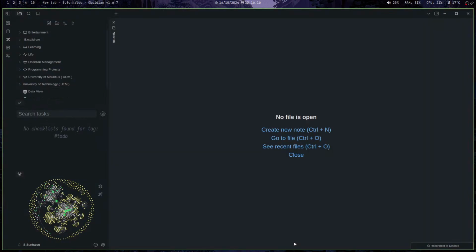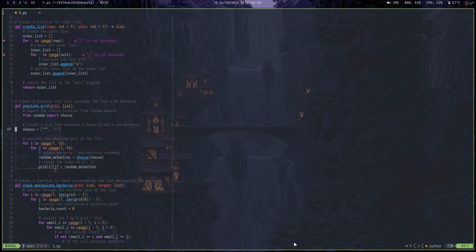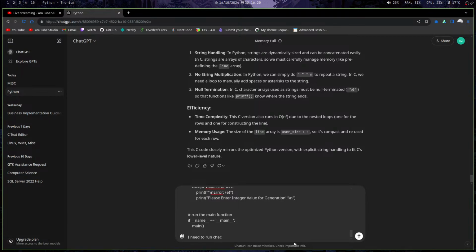I need to run the check and manipulate. What is it? Check underscore manipulate, check underscore manipulate underscore bacteria several times depending on the user input. Right now it's not updating once it goes